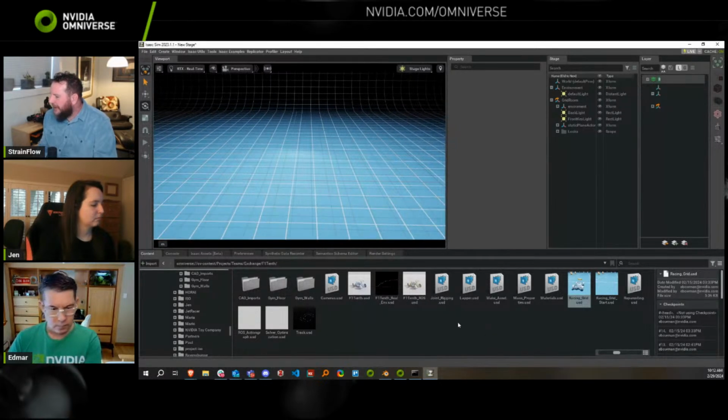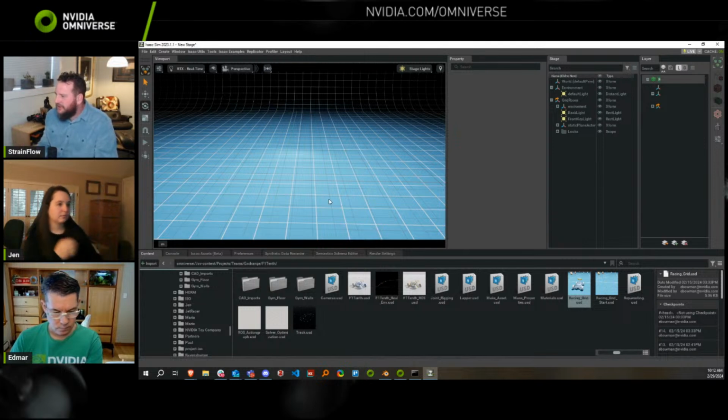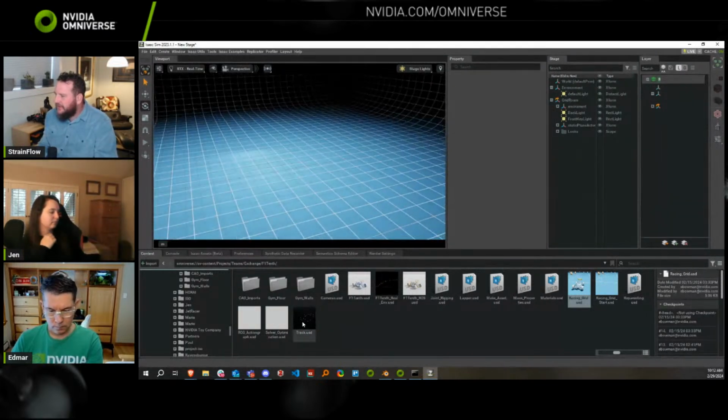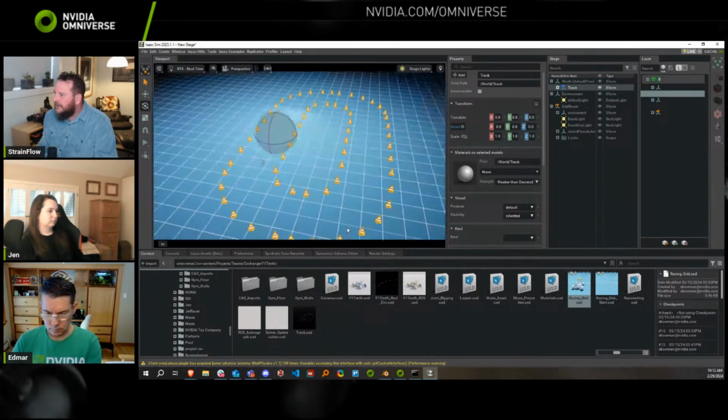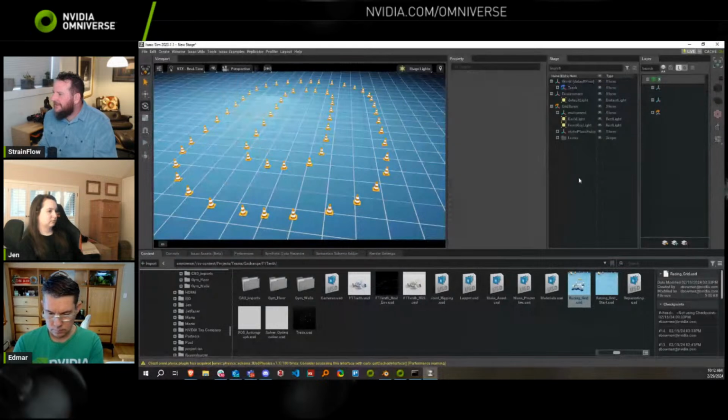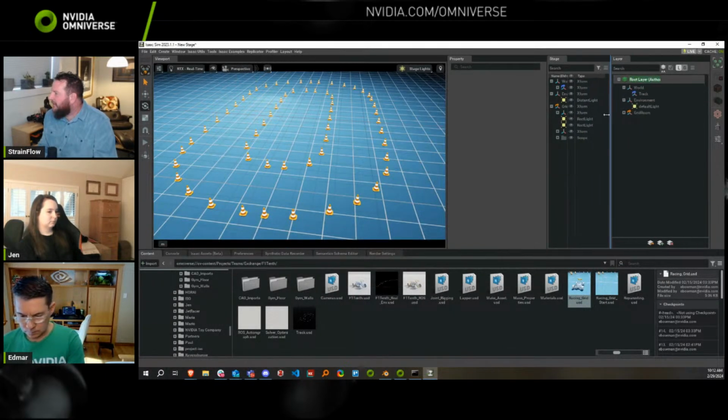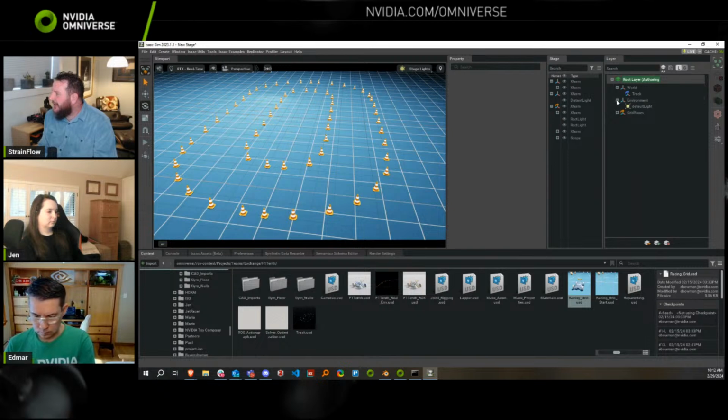I think what I'll do actually is bring in the track, but then I'll change its scale and change the cone asset. If we just bring this track in as an asset, there we go. And if I remember right, it's too big, but we can fix that later. I wonder what we can do now. I do want to change the track, the actual track, but what I can probably do is